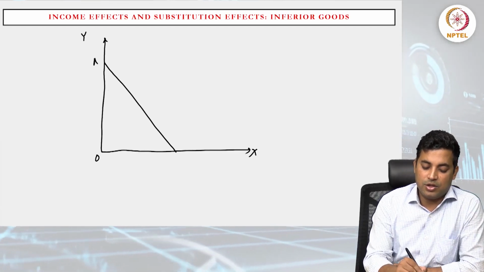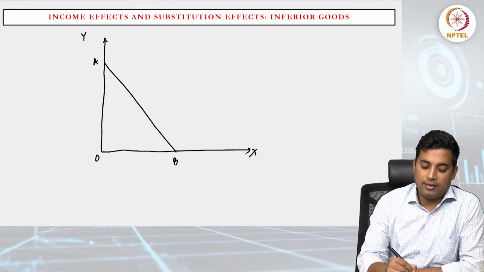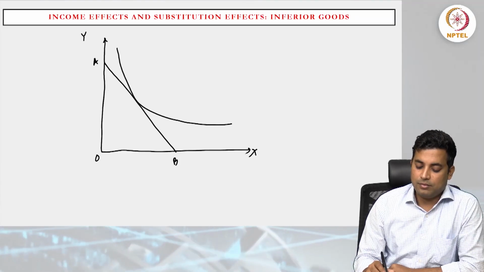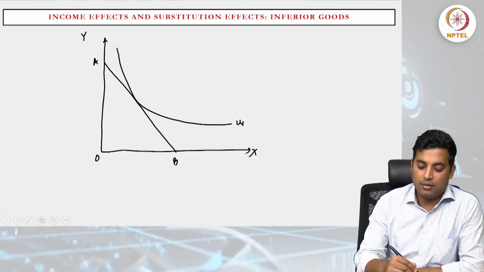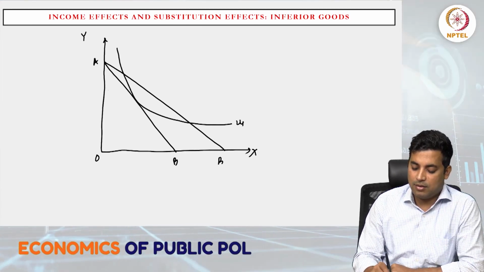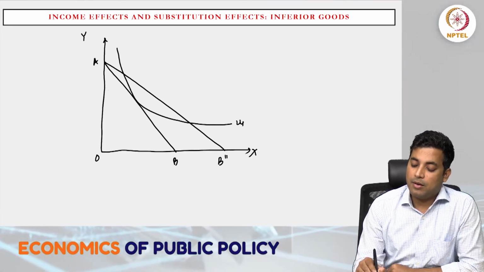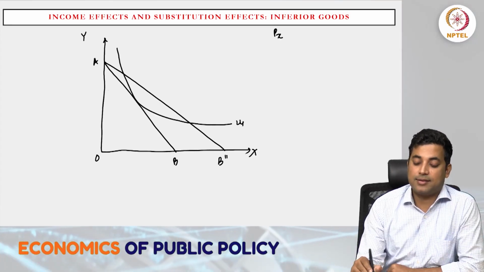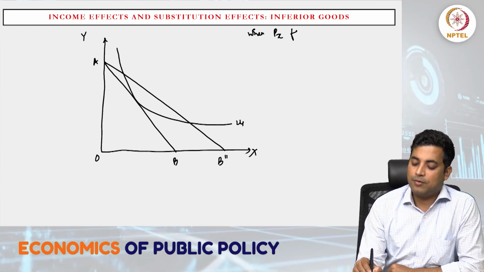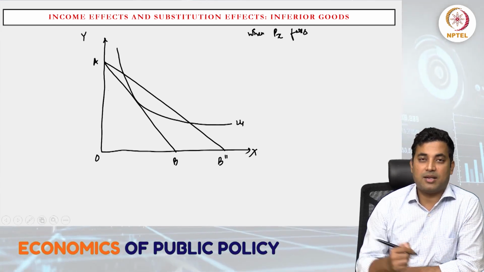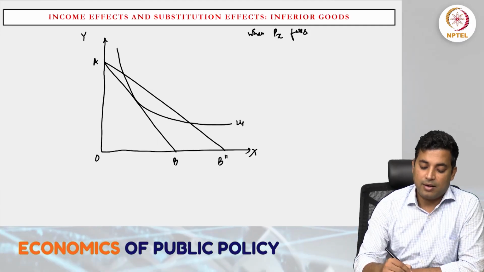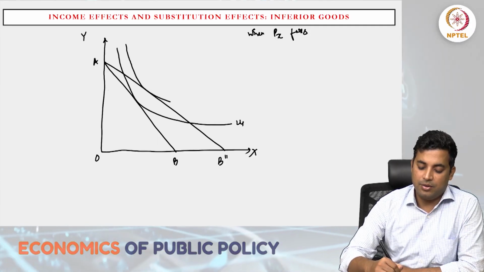So here is the initial budget line, and then U1, and again the case is when the price of x falls, then the budget line becomes flatter, and then we get the new